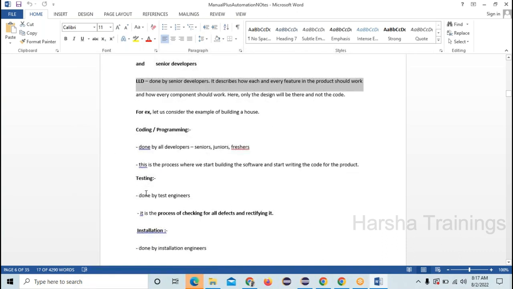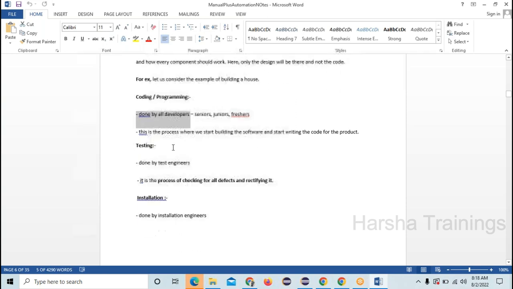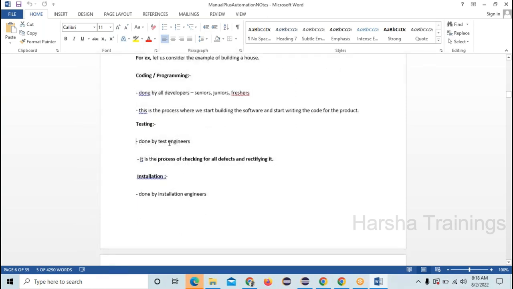And design is done. Almost we are done with three parts. The first one is requirement analysis, the second is feasibility study, and the third one is design. What is the next one? Coding. It will be done by the developers, senior or junior, fresher, whatever it is. It will be done by the developers. Coming to testing, it is done by the tester. It is the process of checking all defects and